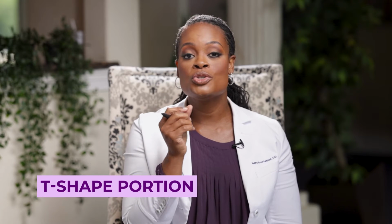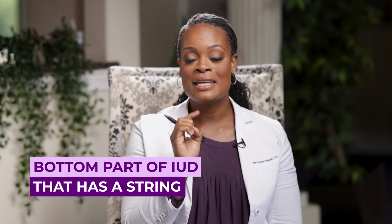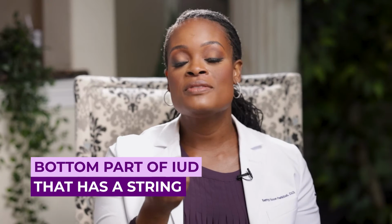There are two main parts of an IUD. The T-shaped portion, which is usually a firmer part of an IUD, as well as the very bottom part of the IUD that has a string. The purpose of that string is for removal only. It also helps in being able to feel that IUD string as you do your own string checks at home,